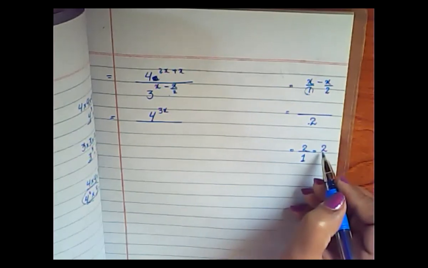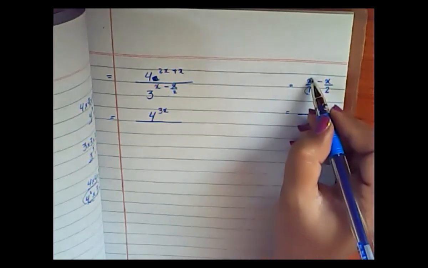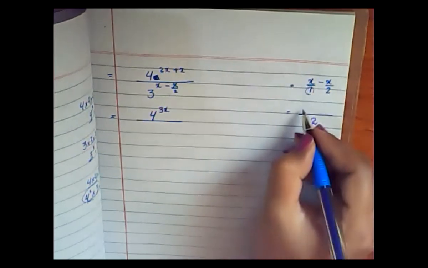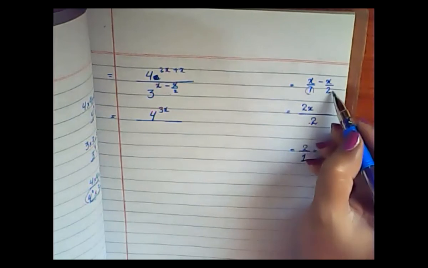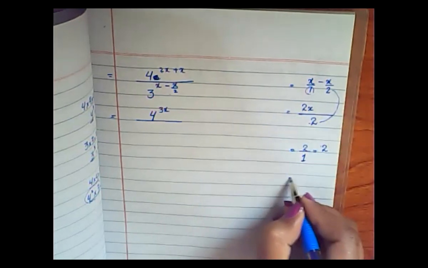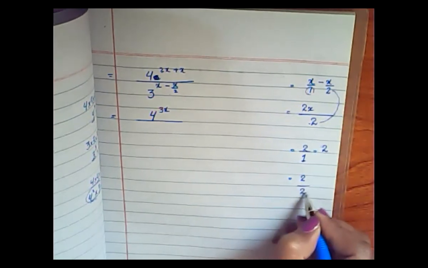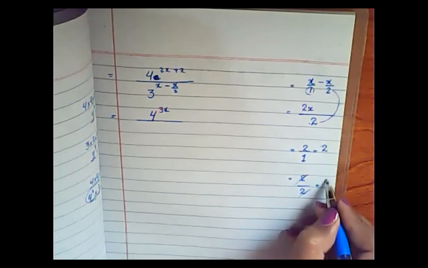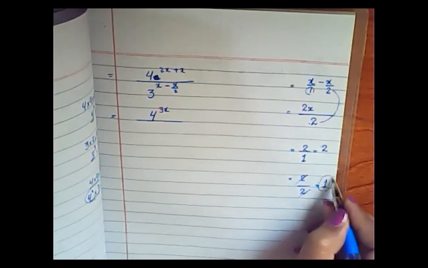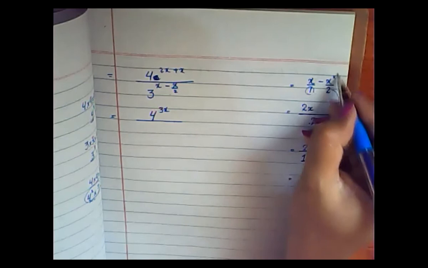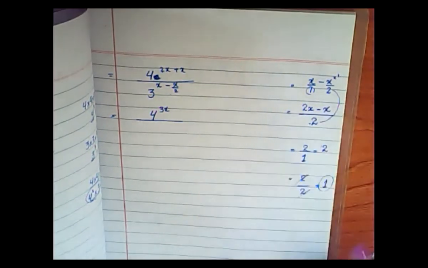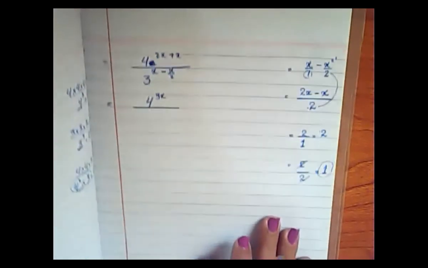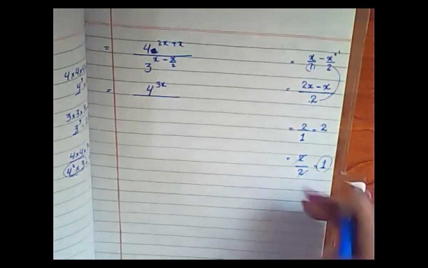So it means you have to multiply this 2 by x. So 2 multiplied by x will be 2x, right? Now next is this 2 and this 2, meaning you are going to divide 2 by 2. So 2 ones are 2, 2 ones are 2, the answer will be 1. Now you are going to multiply this x with 1. So x multiplied by 1 will be minus x. Okay, minus x. Understand?